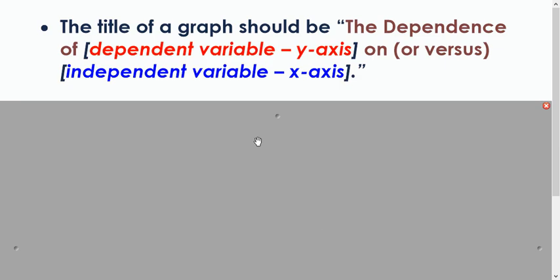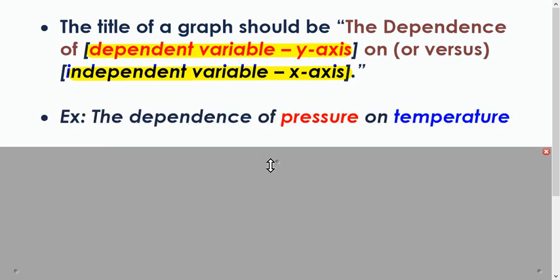All right, let's talk about how the title of a scientific graph should be. This is something you want to make sure you're doing correctly. A title of a graph should be the dependence of your dependent variable, your y-axis, on or versus your independent variable, your x-axis. Remember, the y-axis is your vertical axis and the x-axis is your horizontal axis. So a couple examples. If I was plotting pressure versus temperature, the title of my graph would be the dependence of pressure on temperature,